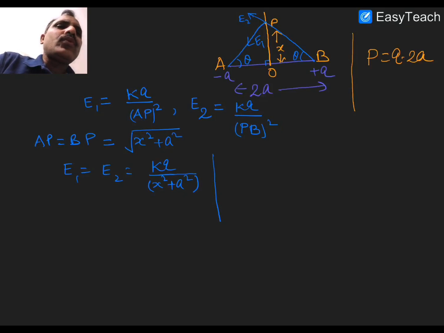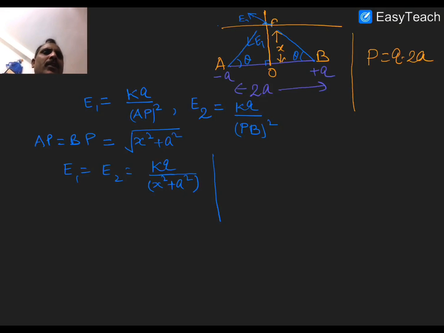Then we can take two lines. One is the horizontal line, and this is the vertical line. Electric field at point P due to the negative charge is E1, and the angle of this is theta, because angle OAP is theta, and